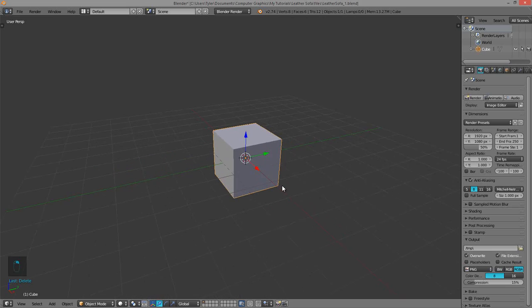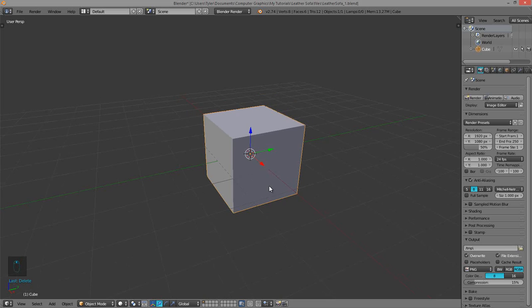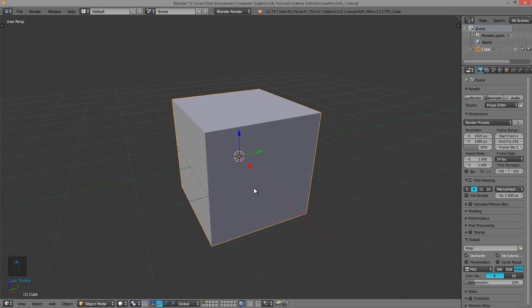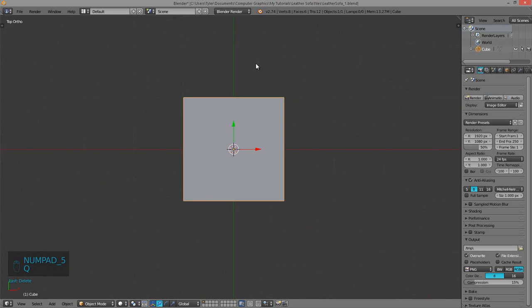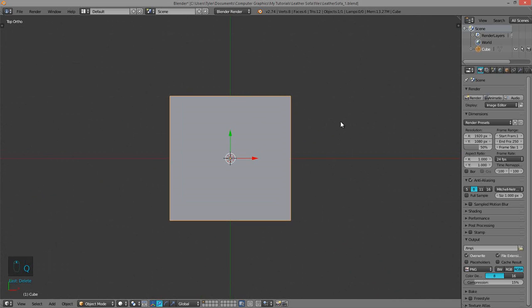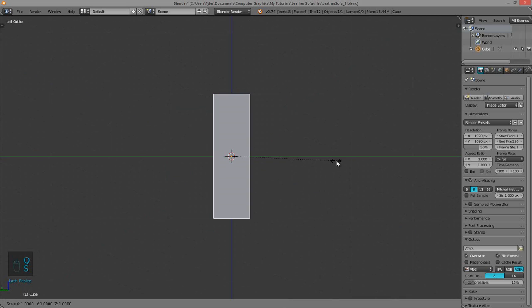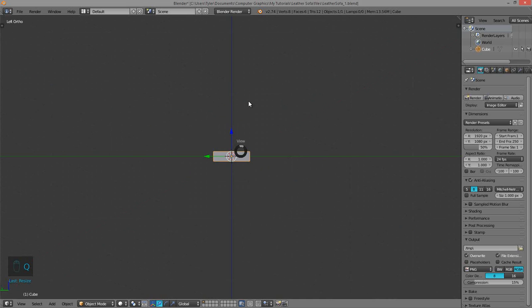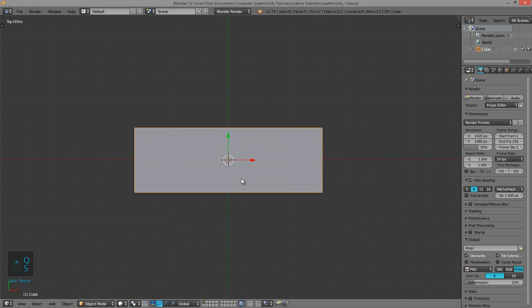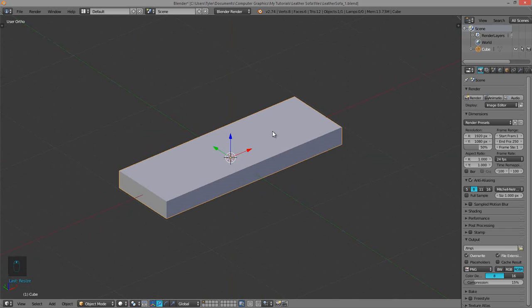Okay, so we'll be transforming this default cube into the base of our couch, the bottom cushion. So I'm going to go into orthographic view mode and then top view mode, and I'm going to hit S, Y, and that's going to only scale on the Y axis. Now I'll just scale this down to about there, and then to about there, just about double couch size. But that looks fine. Alright, so